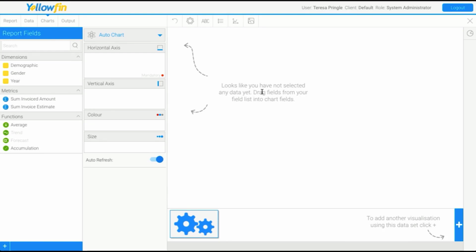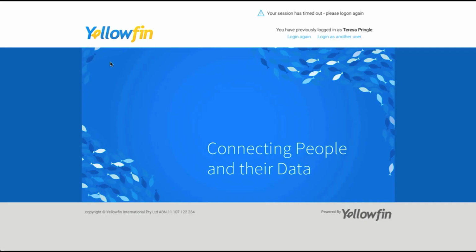So to start, we're going to explore the auto chart builder, and to do that we're going to have a look at the left hand panel of our page. Now that we're on the chart step, you'll see that we have a list of fields that's quite a lot shorter than what we had on the data step, and this is because we only have access to the fields that we've actually added to our report. So what I'm going to do is just start dragging in fields,